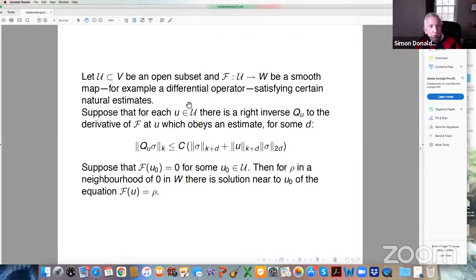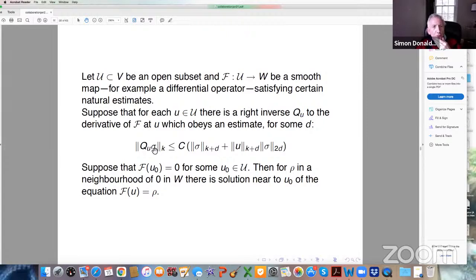So if I take the composite of the derivative of F with Q, I get the identity on V, and we want this to satisfy bounds in terms of our scales of norms, but essentially